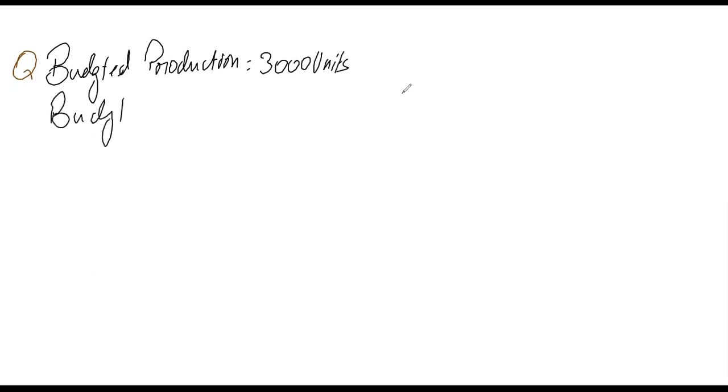So, budgeted production should have been 3,000 units, and budgeted hours to produce should have been 400 hours. But the actual production